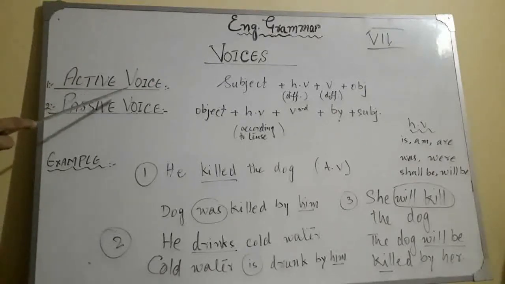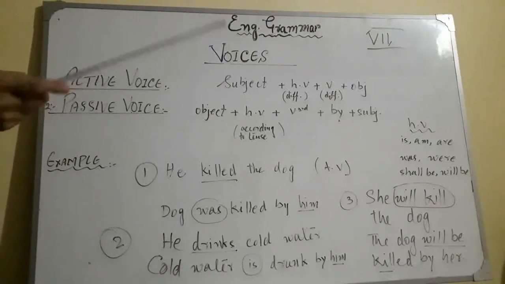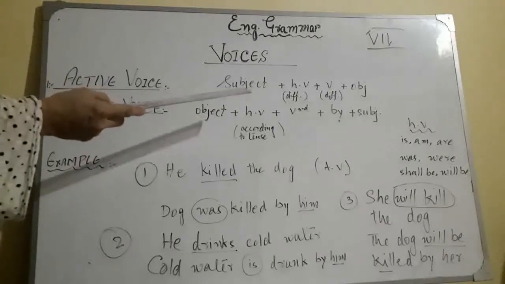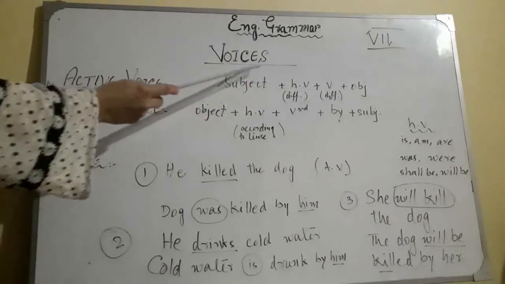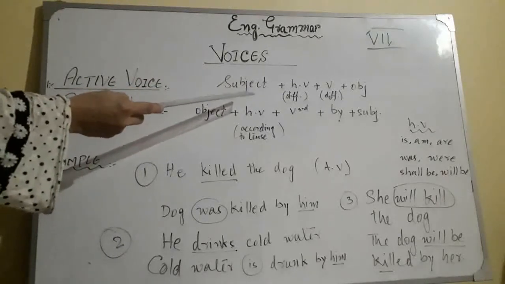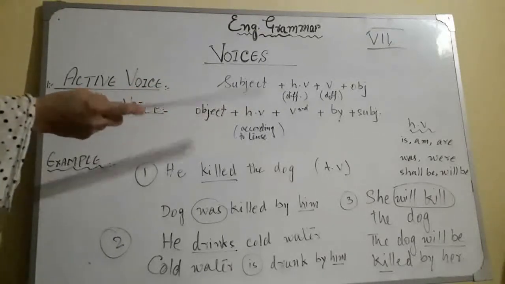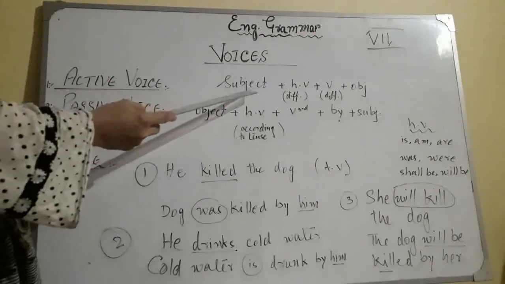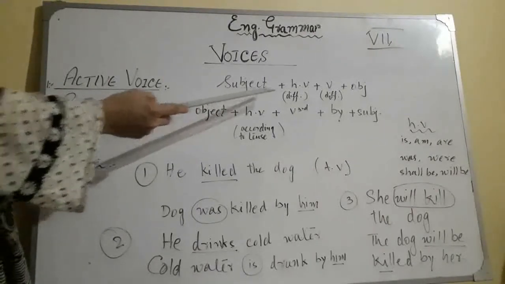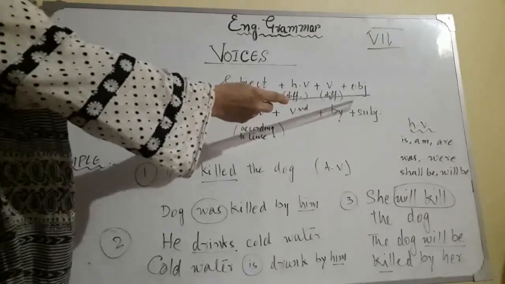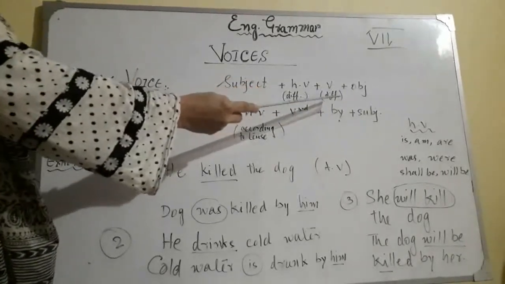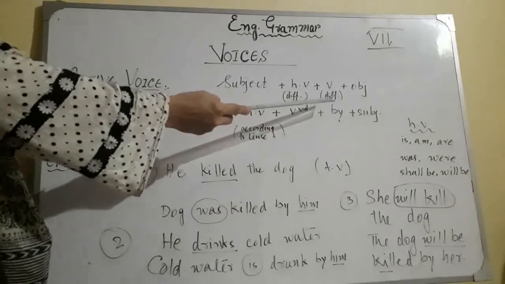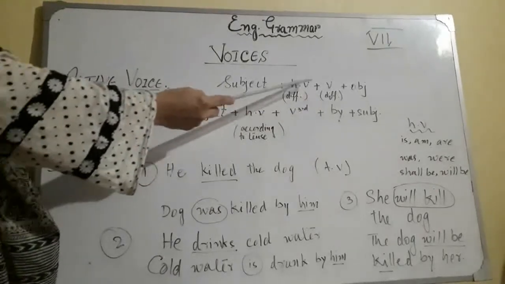Why is it called active voice? Because in tenses you have seen that the formula starts with the subject. What is the subject? The subject is the doer who performs some action. In all the tenses we have seen the formula: subject comes at the beginning and object at the last, and in the middle verb forms are taken differently according to the different tenses, and to show the time we use different